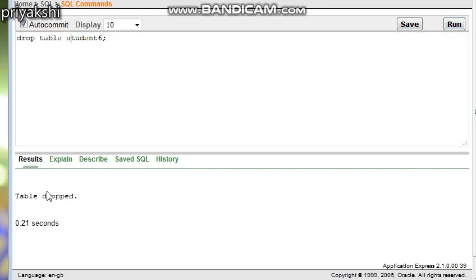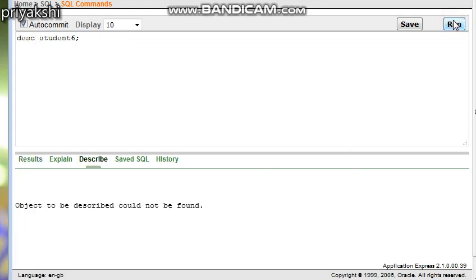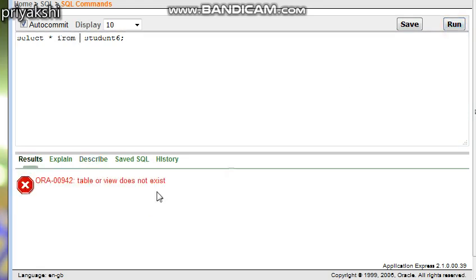Now if you want to see the structure of the table using the desc command, it says object to be described could not be found. Or if you want to see simply the values of the table, it will show that table or view does not exist. So drop table will not only delete the values but also delete the structure of the table from the database.